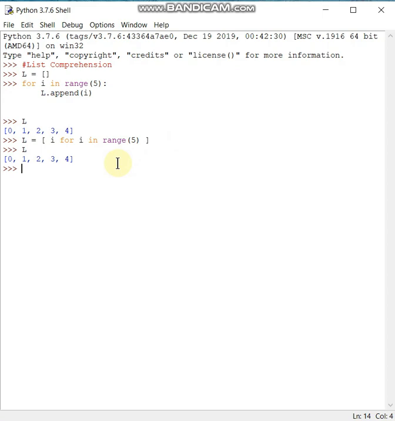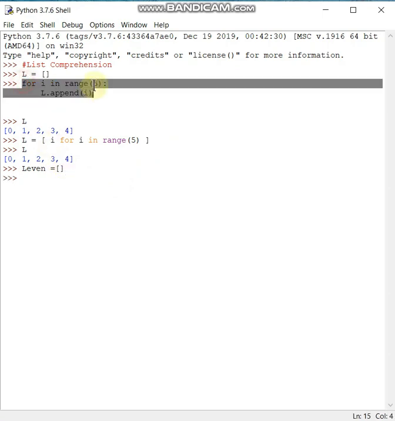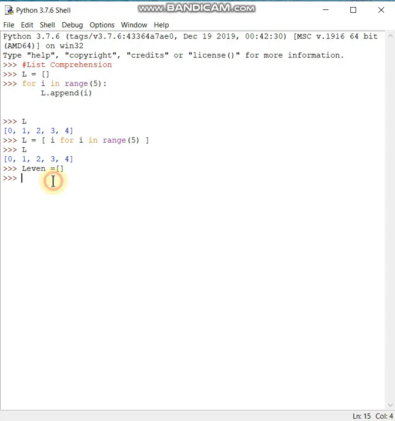Now if I see the values of L, I have made the values of L get appended using the list comprehension technique. Now for example, I have another list which is going to store only the even numbers. Only the even numbers alone I wanted to append into a list, and let me have it as L even. So let me have the same for loop, and I will change the range until 10.